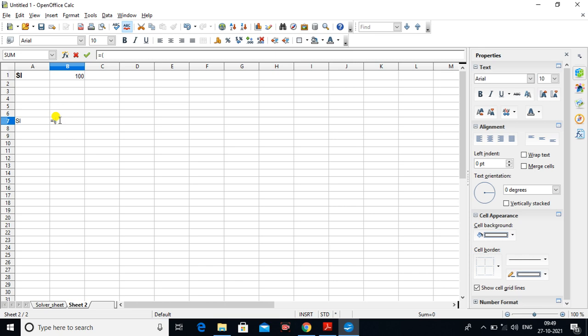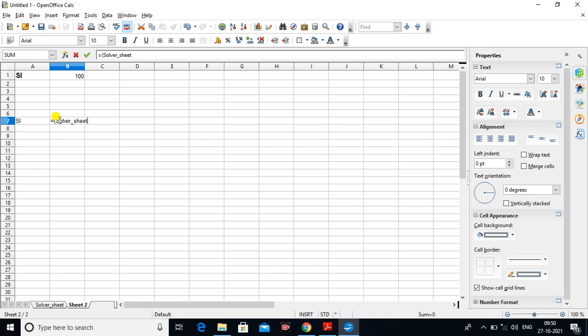So, I am typing SOLVER underscore sheet, solver sheet. We have typed the sheet name, and be sure that you have typed the name correctly.